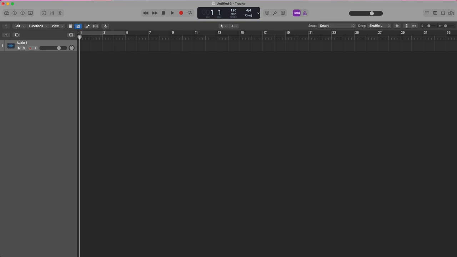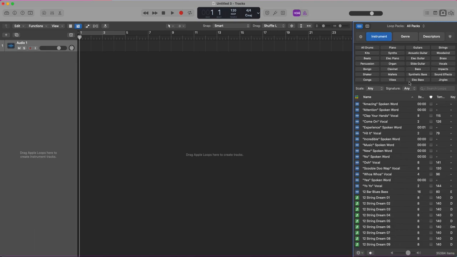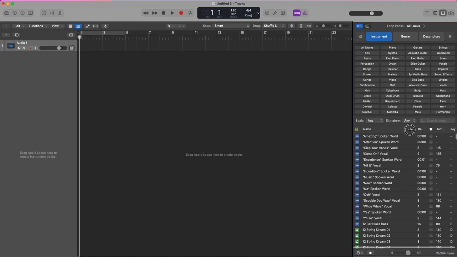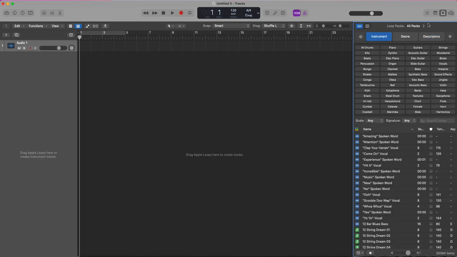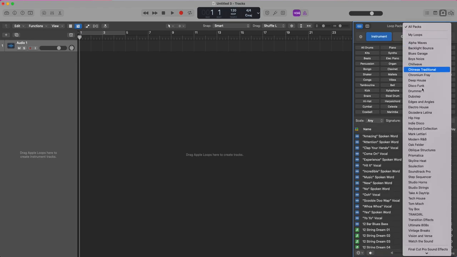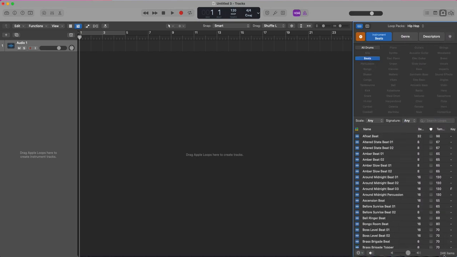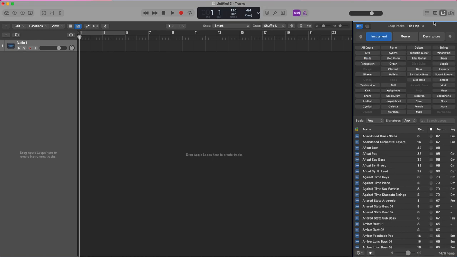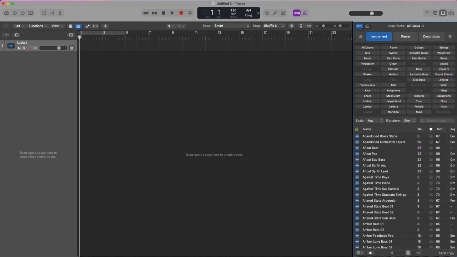But let's have a look. With shortcut O, I can open the Apple Loop tab, in which I will find some filters, for example, instrument. I can enlarge the window, or filter by genre, or descriptor. And I can also filter my Apple Loops by loop packs. For example, if I go to hip hop and beats, I will have 246 items. If I remove any filter, I will have more or less